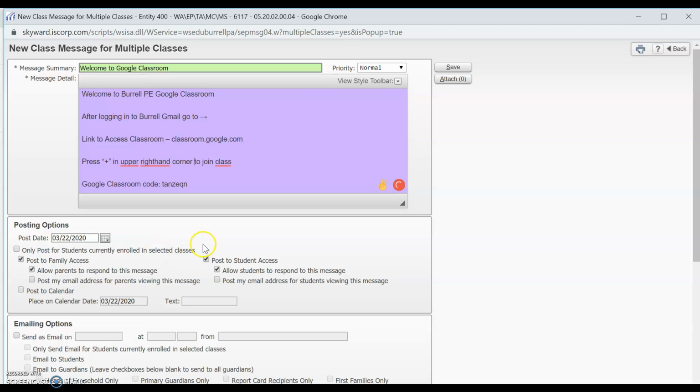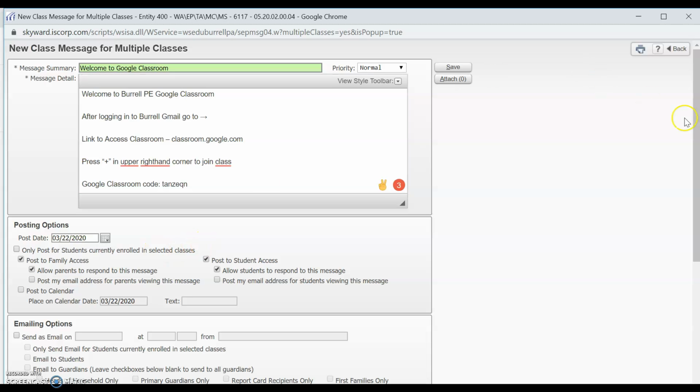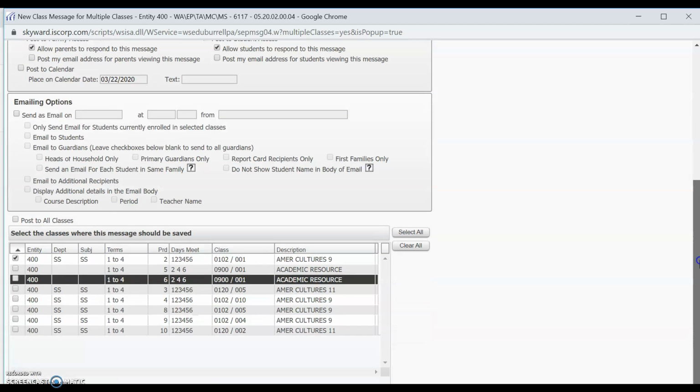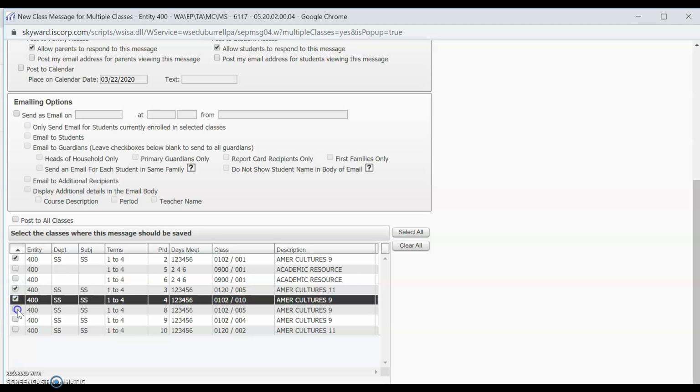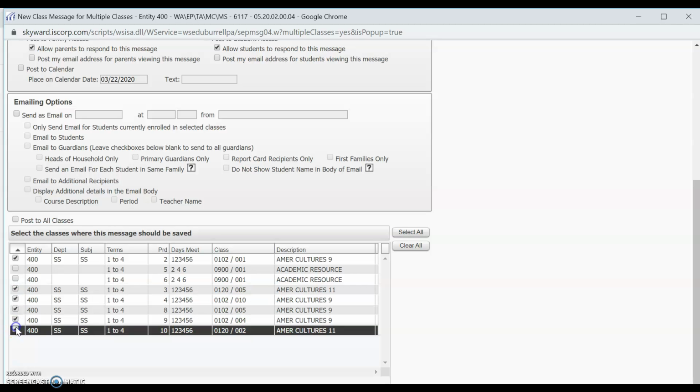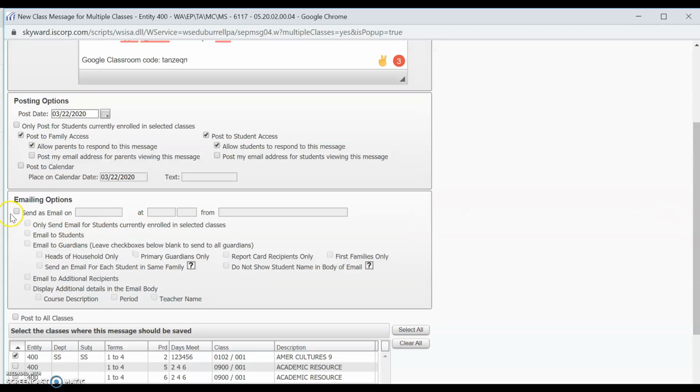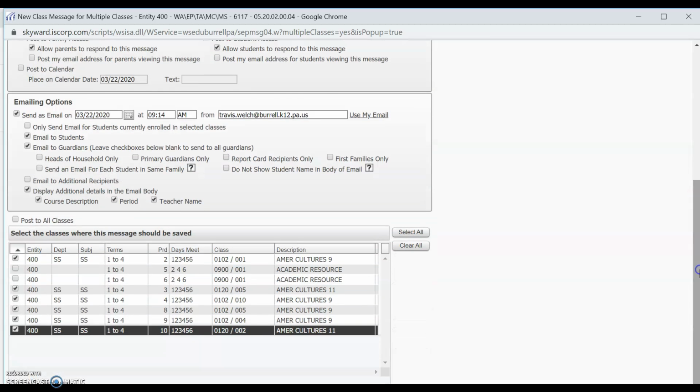As far as emailing, I really don't use Skyward that often, but I do know that if we wanted to email this to multiple classes, I would select all of the classes I would want. I want to send this as an email. You can email to students, and email to parents. So I'm going to email this to students, and I'm also going to email it to the guardians. And then once I hit send,